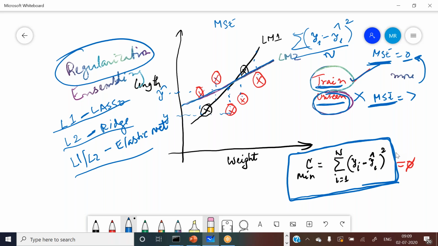The way it works is that it always uses a cost function. The cost function, as we have described here, is C equal to sigma i equal to 1 to n of (yi minus yi hat) squared, where yi is the actual y and yi hat is the predicted y by the model. So it is the sum of squared errors, and all of our linear regression algorithms try to minimize this cost function, or sometimes people call it the error function.